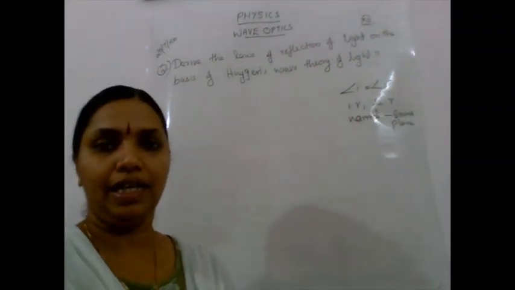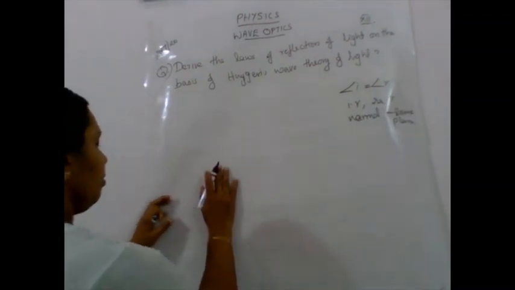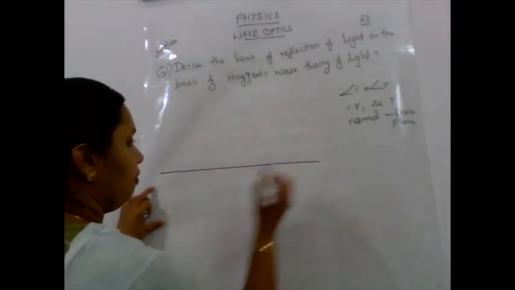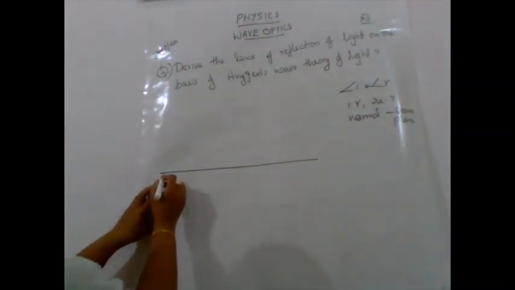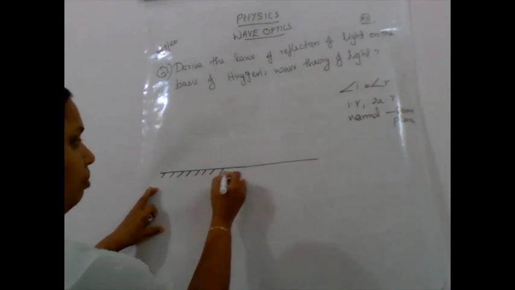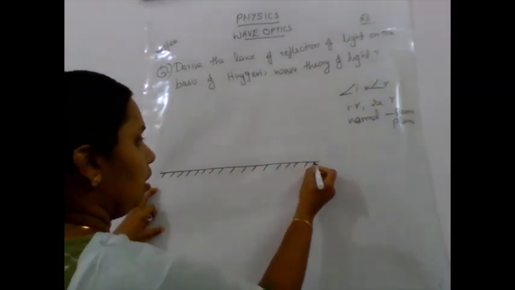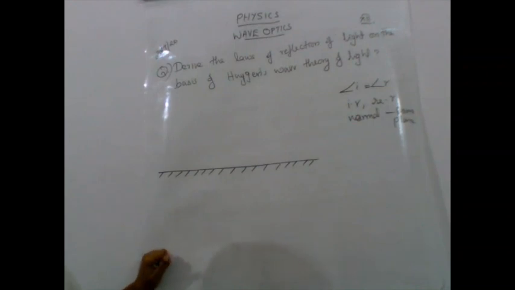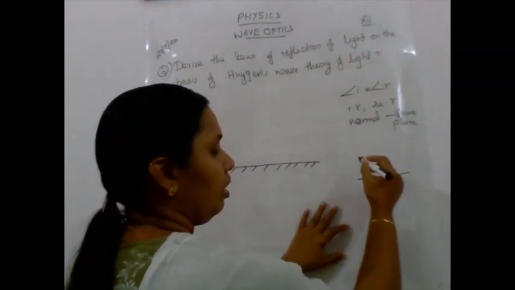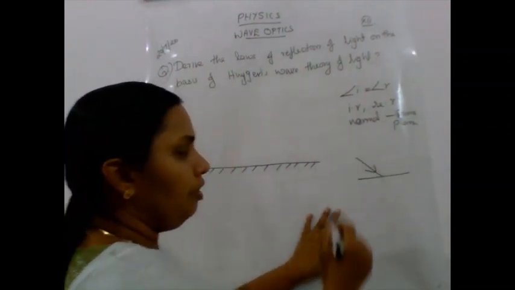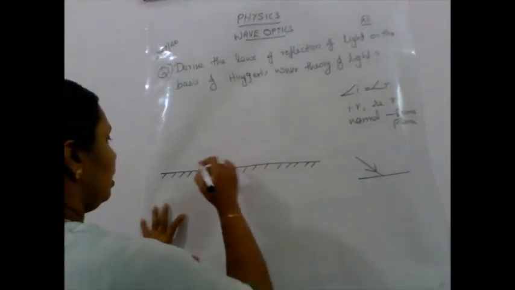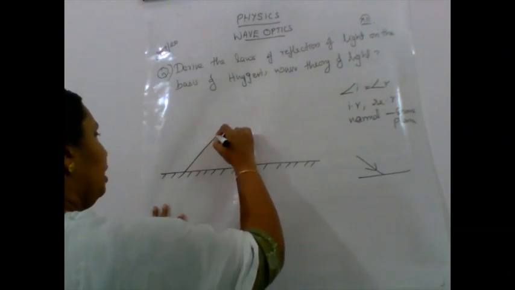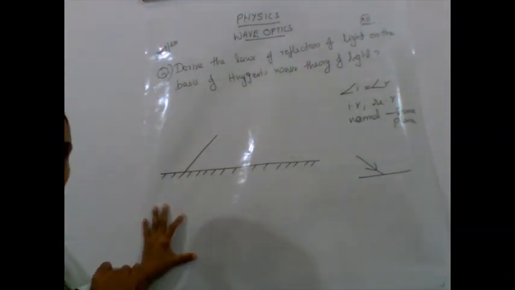So here this is our reflecting surface. Okay, diagram you have to draw carefully. So look at the diagram how I am drawing. Diagram here it is very important. Okay, so this is the reflecting surface. And for the laws of reflection, we are considering ray optics. What is that? The source is at infinity. So a ray is coming. So here instead of a ray, what we have to consider? We have to consider a plane wavefront is coming. This is a wavefront.